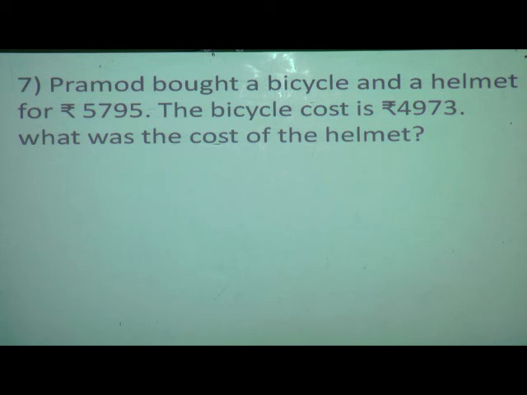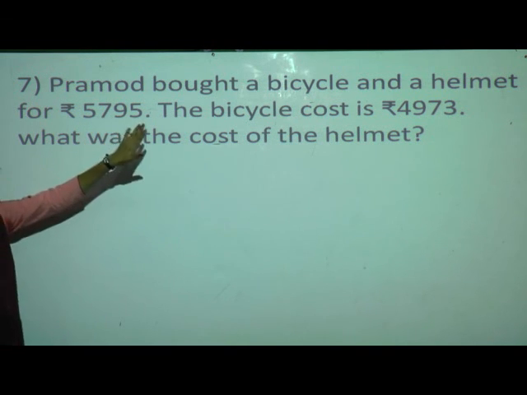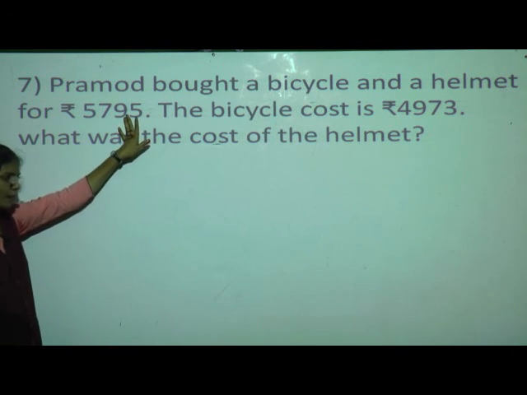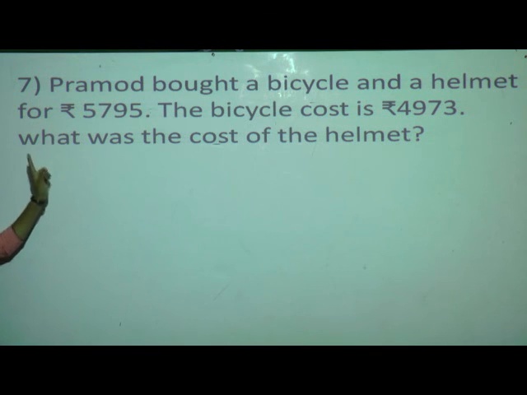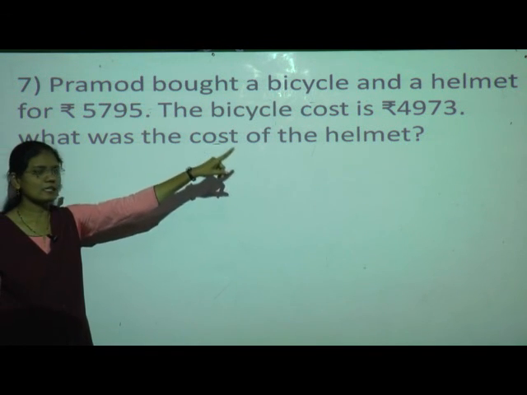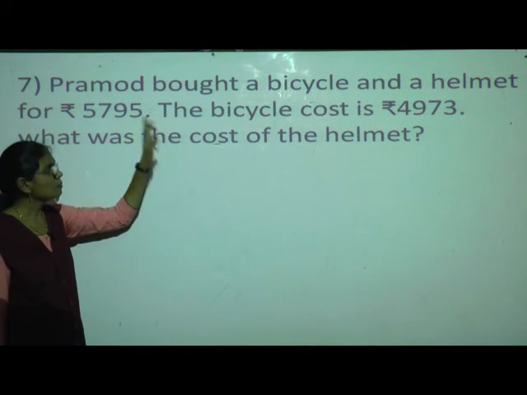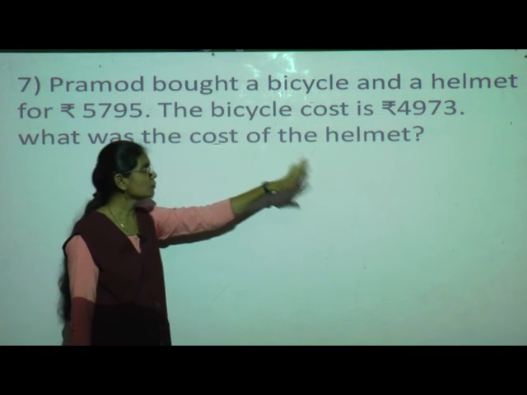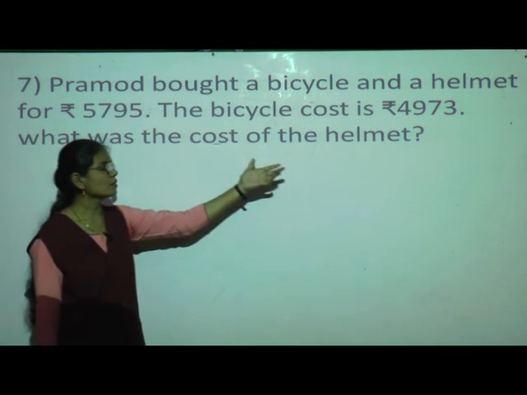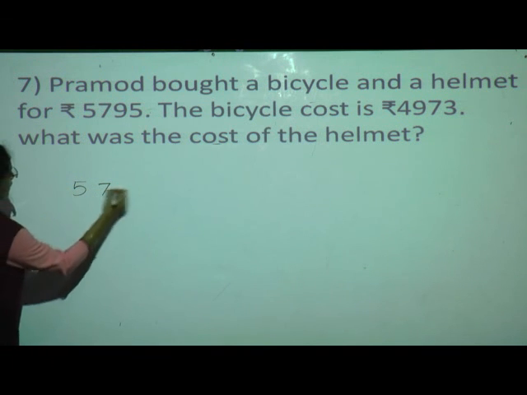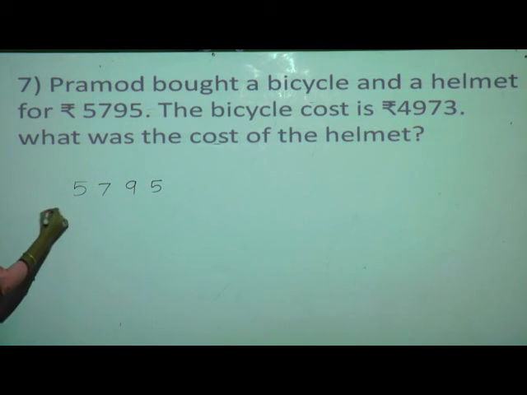Okay, how much money he spent for the two things? He spent total rupees 5795. Okay, and what is the cost of bicycle? The cost of bicycle is 4973. Okay, then what you will do? Just if you will do the subtraction, 5795 minus 4973, then you will get the cost of the helmet. Okay, so let us solve. 5795 minus